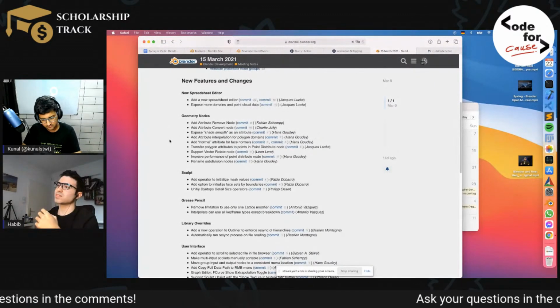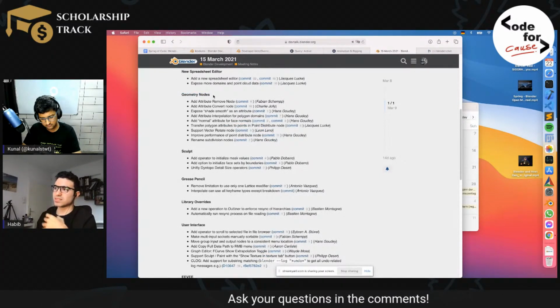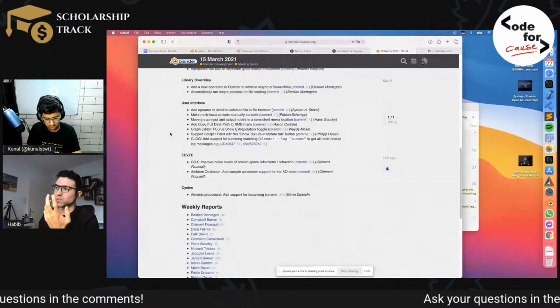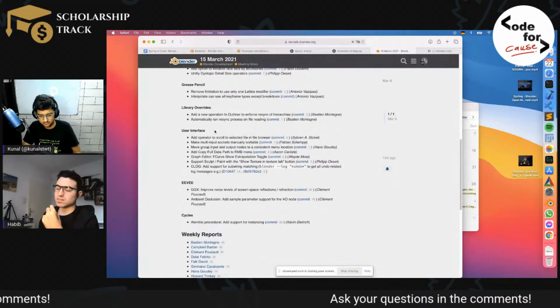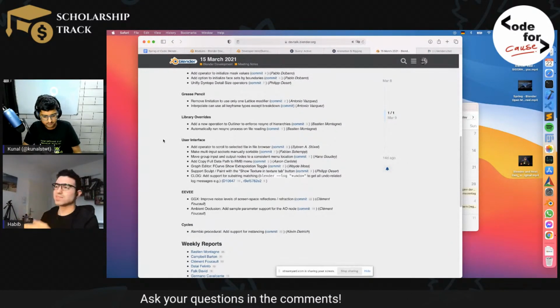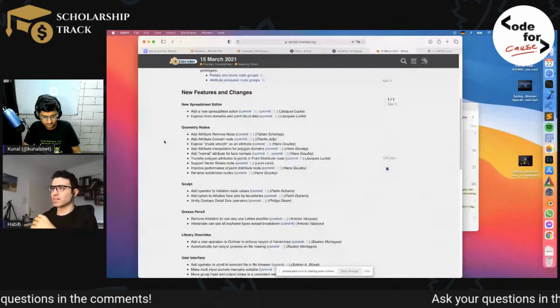What are the hot topics? Just by the number, you can see geometry nodes is something that is being worked on a lot. There are a lot of commits there. We don't find all the modules that we've seen before here, so not every module gets the same attention all the time. Some people focus, depending on the target.